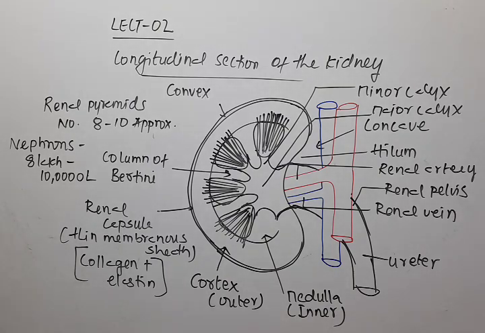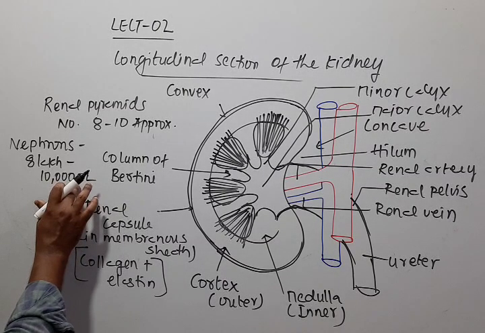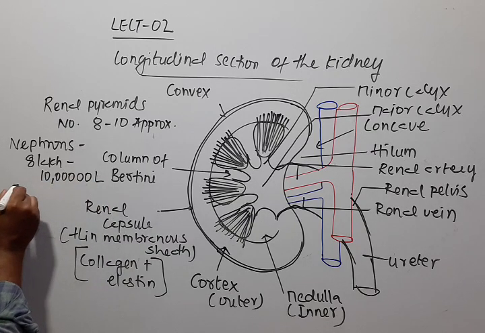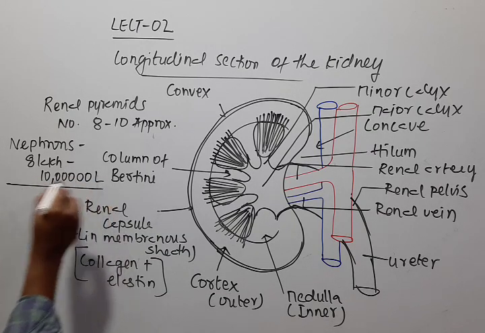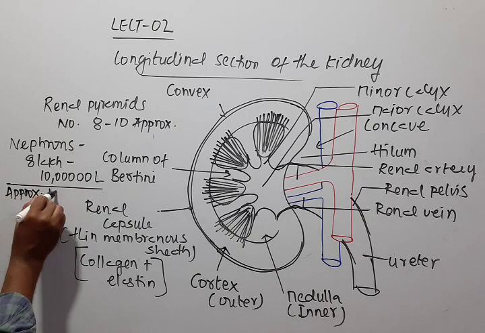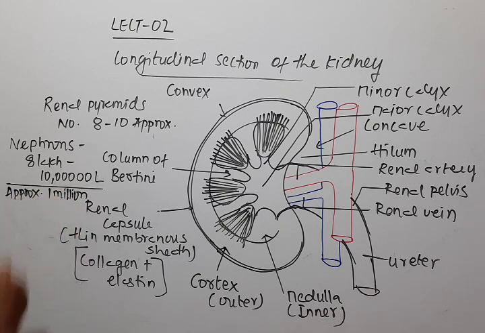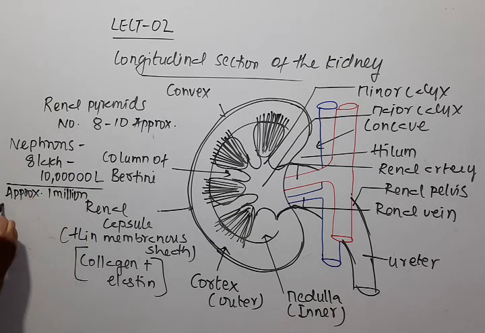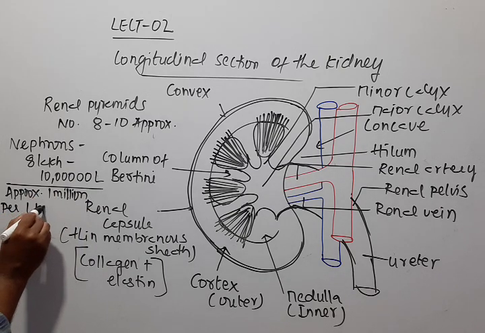8 lakh to 10 lakh nephrons. 10 lakh, okay, the 10 lakh is 1 million, right? So that's what I said. Simply you can take it approximately 1 million nephrons are present per one kidney. So 1 million nephrons per one kidney,